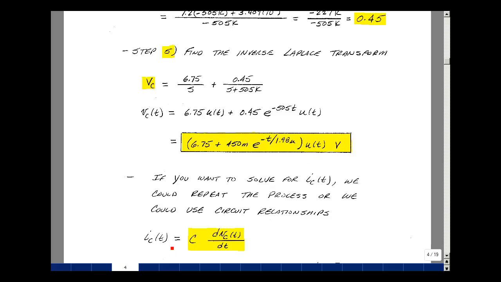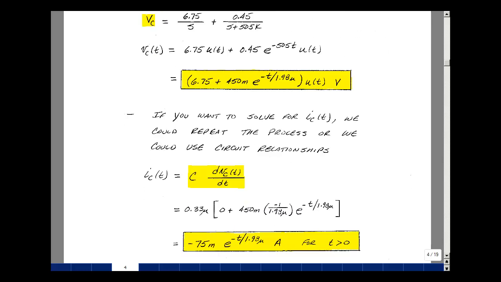To solve for the capacitor current, then we can repeat this same process again, but it would be easier to use the definition of i is equal to C dv/dt, and just differentiate this last result. Let's do that. So our capacitor value is 0.33 micro. The derivative of 6.75 with respect to t is 0. Got a scalar in front of 450 milli, and then the derivative of e to the ax is a e